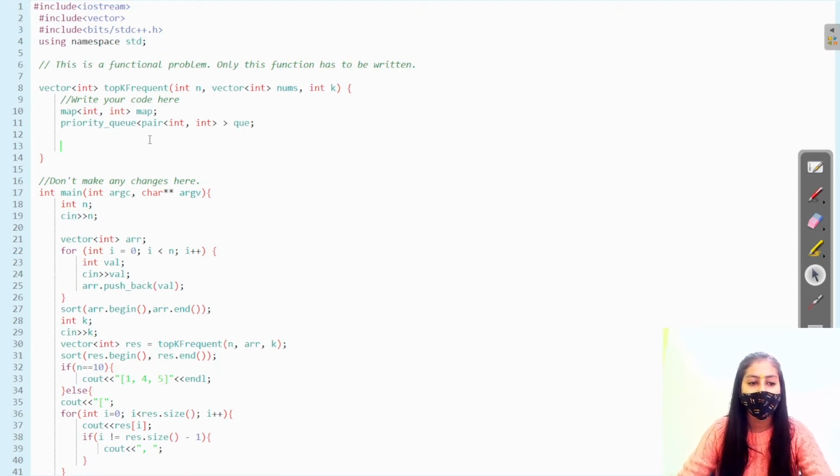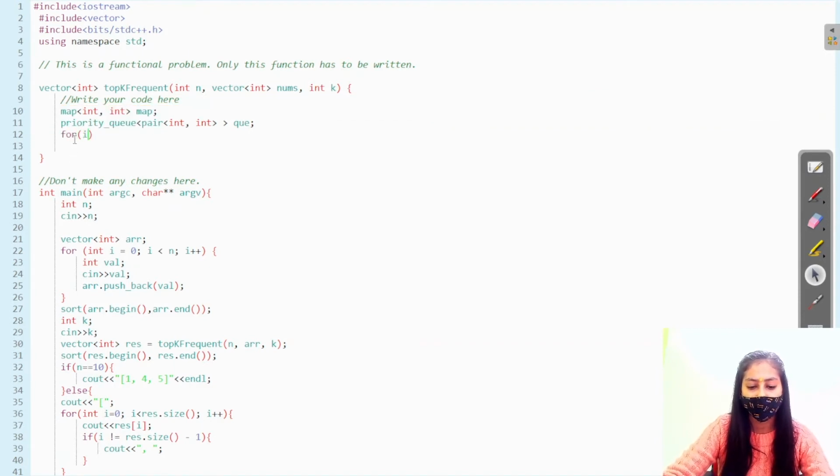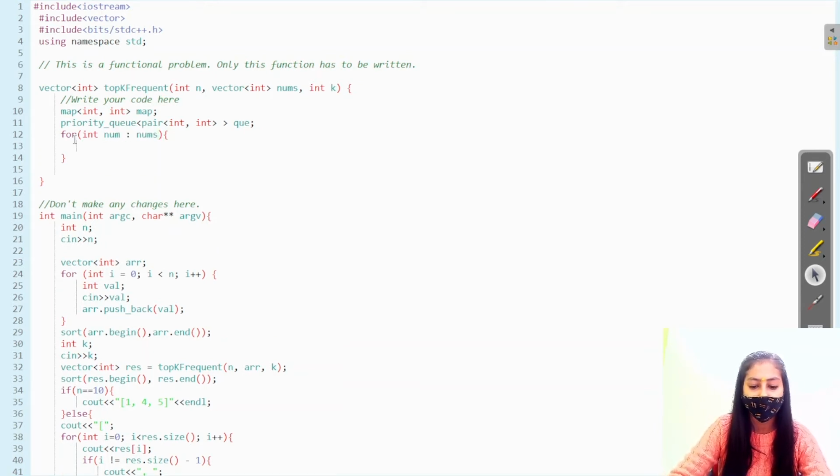Next, we are going to add all the values in the given array to our map. So for int num belonging to nums, put all the elements in the map. By default the value in the map is 0, so 0 plus 1 gives 1.